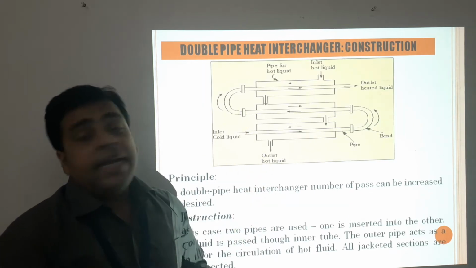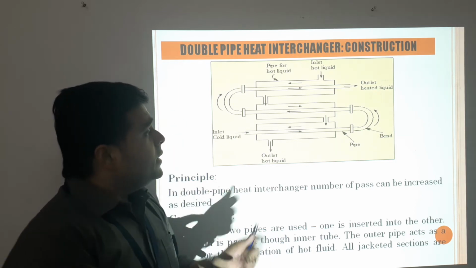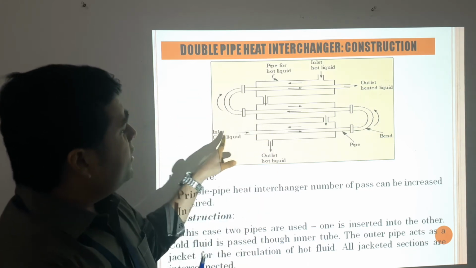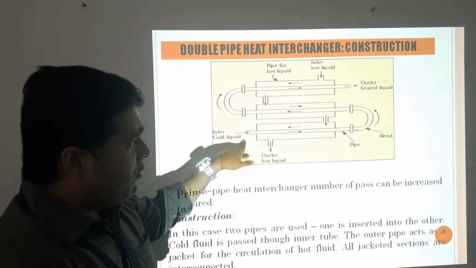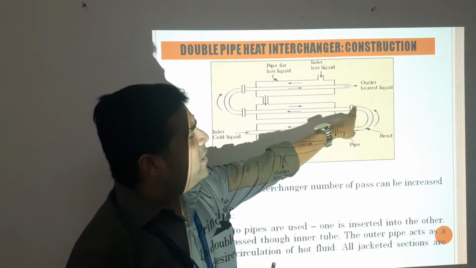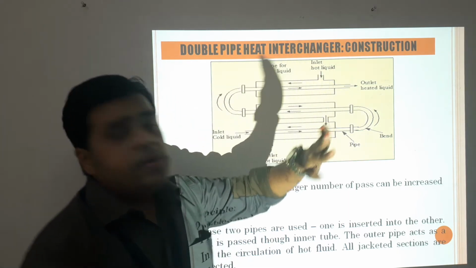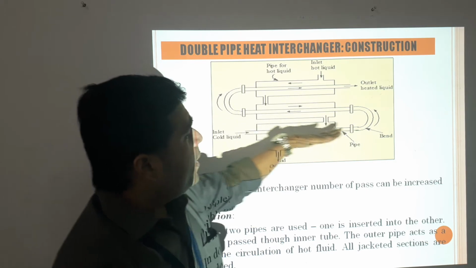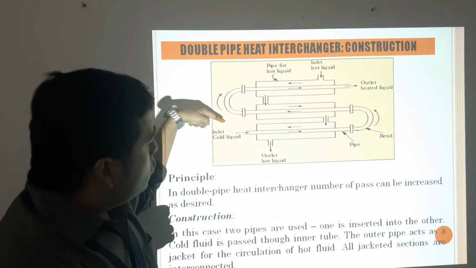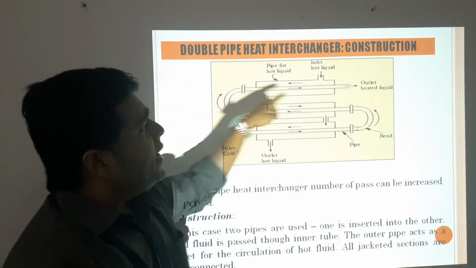The second type of heat interchanger is called the double pipe heat interchanger. This is the basic construction diagram. We have the inlet for the cold liquid, and look at the pipe. It goes through, has a bend, then comes again, has another bend, and comes again. It is a simple design where the tube is inclined and slightly bent for a particular purpose. This is the inlet for the cold liquid, and after certain bends, this is the outlet